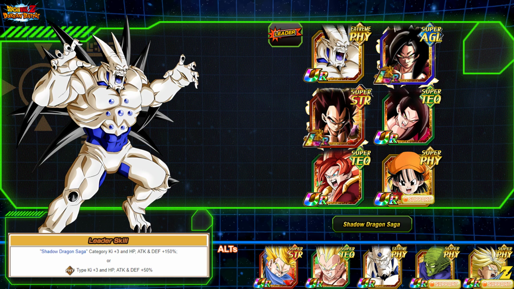One is their bench. Their bench is really awful because you're limited now to only physical units, which only gets the 50% buff across the board. And then really 3 other Shadow Dragon units that are even remotely usable. The GT Trunks is very good, but he doesn't have